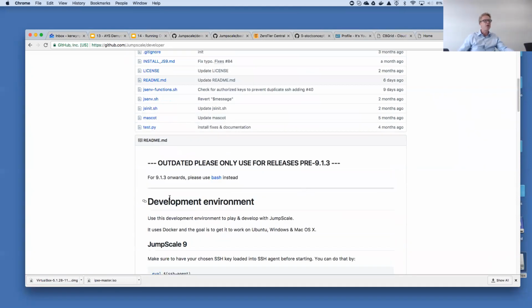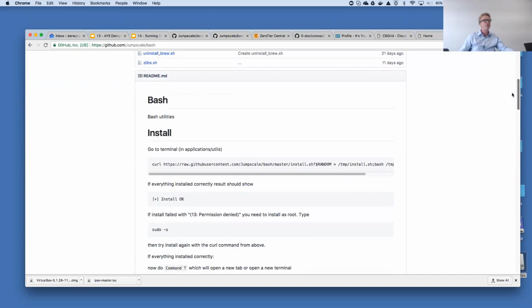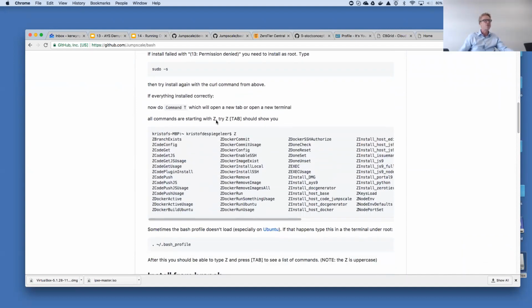As you can see, we are about to stop supporting this, and we invite you to switch to the Bash approach instead. And the Bash approach is just another repository under Jumpscale, and it is there where we introduce the Z tools, and that's what you see here. These are all the Z tools.